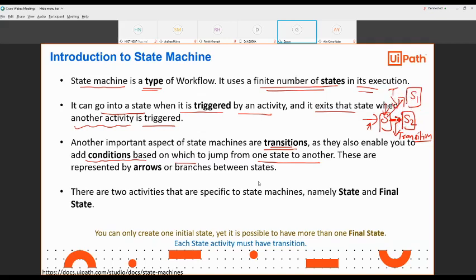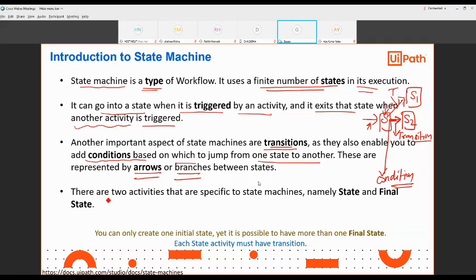And how will it happen? Based on some condition. The condition will select which state you transfer to, S1 or S2. This is called transition, and it happens based on a condition. These are represented by arrows or branches between states. These arrows basically represent transitions.